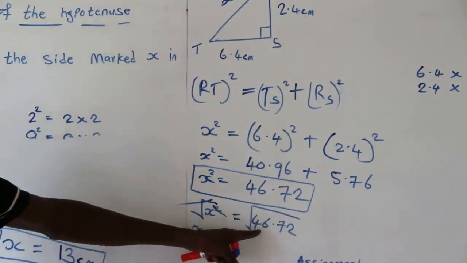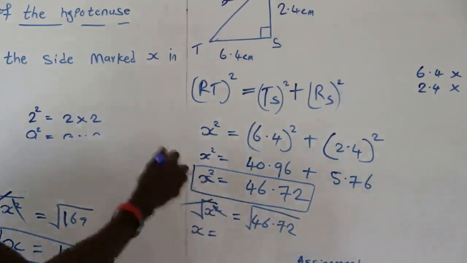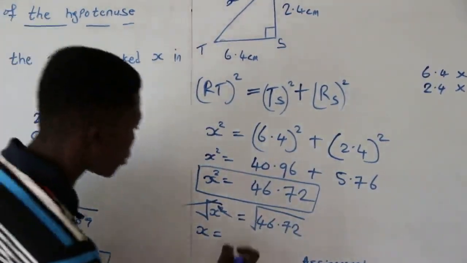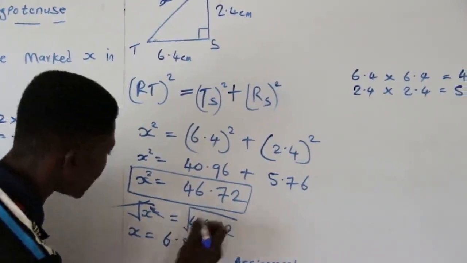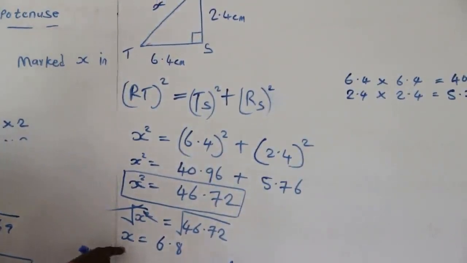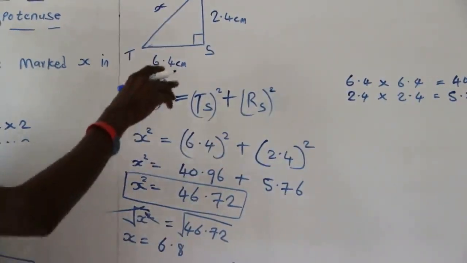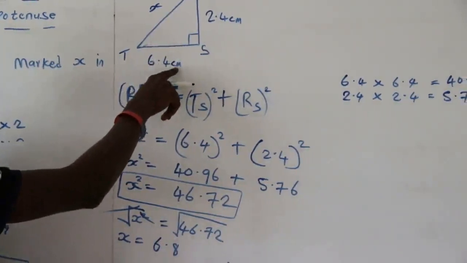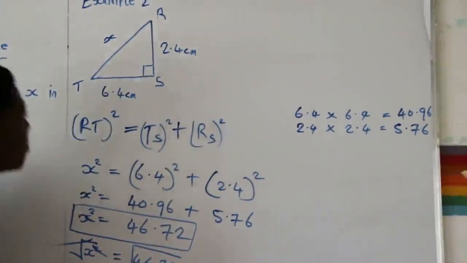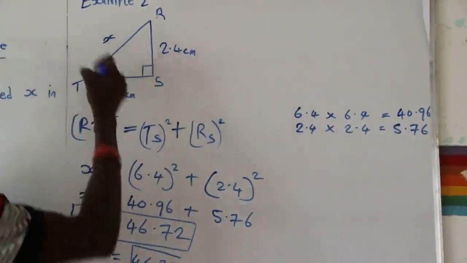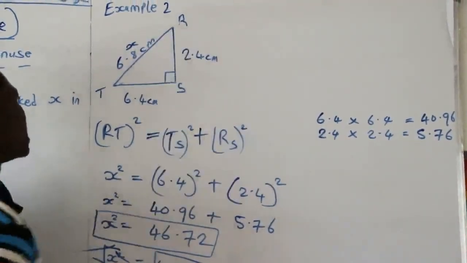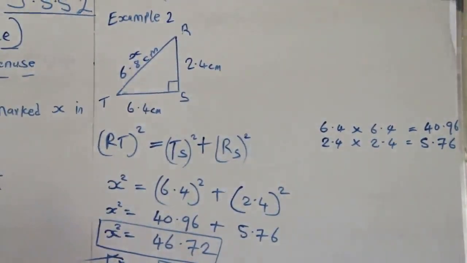What is the square root of 46.72? When you punch that correctly, you are going to have 6.8. So x is equal to what? 6.8. Now you check your metric system, our SI unit. We are having centimeter and centimeter. So definitely we are going to write our centimeter. So the unknown here, which is x, is going to be 6.8 centimeter. And that's the final answer, 6.8